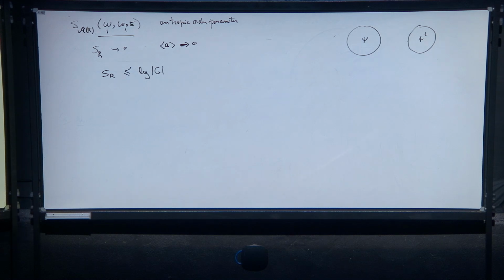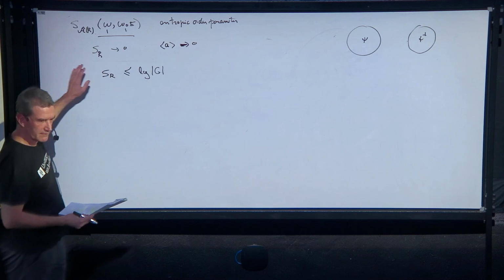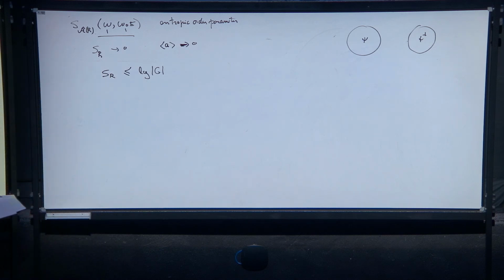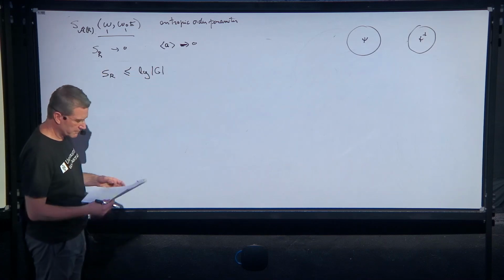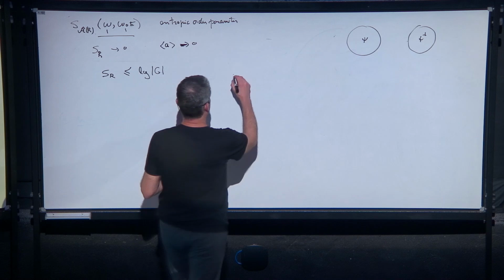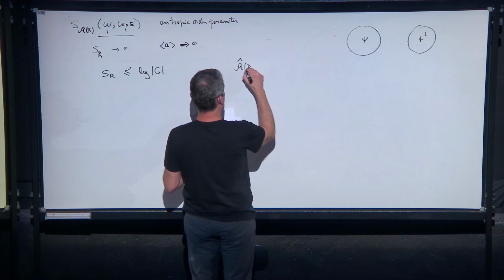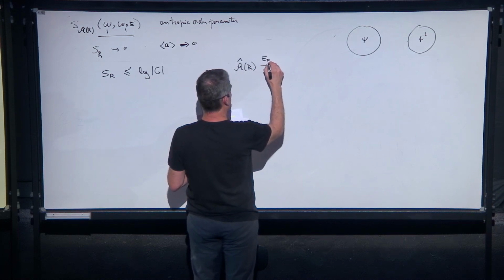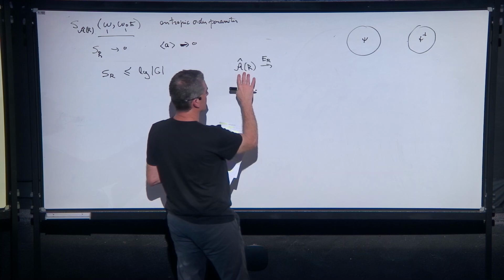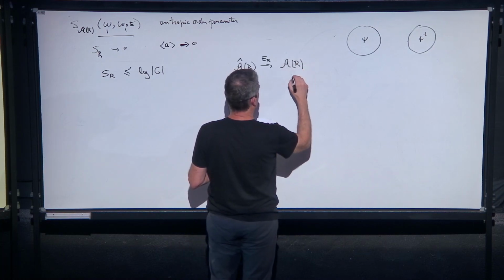So it goes between 0 and log G. Is bounded by this. But it is possible to make a better upper bound because we have this AR, this complementarity diagram. Now I put something that is a conditional expectation that maps the big algebra to the small one, to the additive one.